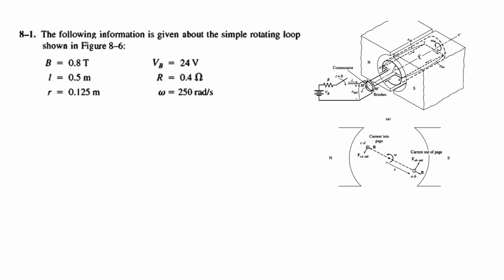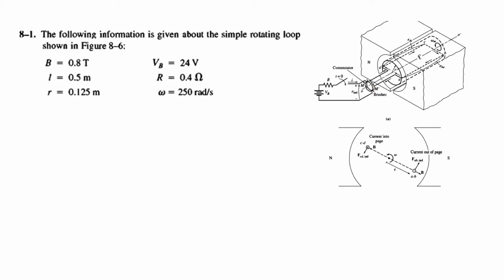So straight away on the question, the following information is given about the simple rotating loop shown in the figure. So this is the rotating loop, and you can see here also this is the loop. Just one loop is considered, which is rotating. A voltage source, or a battery, is supplying the current. There is a resistance, there is a switch, and I hope you know this is the slip ring, and brushes